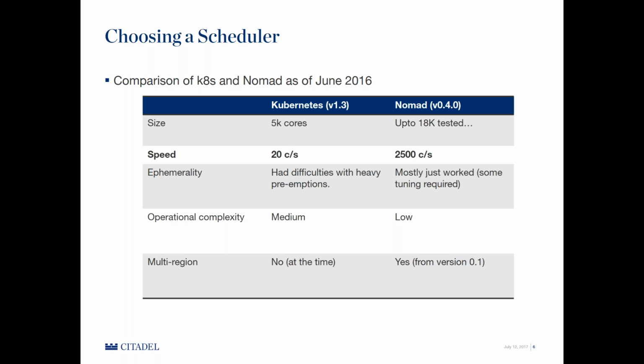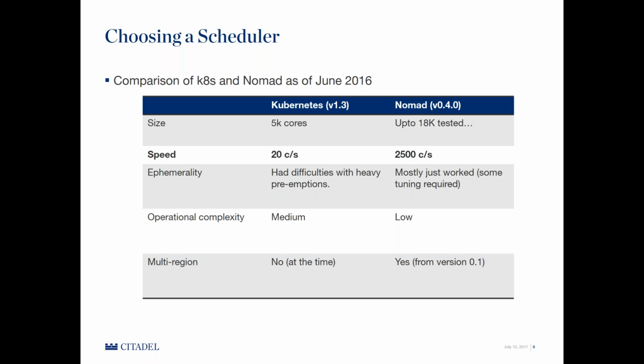The third factor that we spent a lot of time on was that we ran this compute on an ephemeral environment. We actually ran this entire test in a cloud. We ran it on preemptible, spot-like instances. And we had significant problems with Kubernetes when we got very large preemption events, when significant fractions, like 20% of the underlying infrastructure, just gets immediately pulled out from underneath you. With a bit of tuning on the Nomad side, with the help of HashiCorp, we were able to get that pretty robust in Nomad. It was able to handle these large preemption events in the cluster. We were able to replace that capacity immediately with maybe a different type of instance and keep going at almost